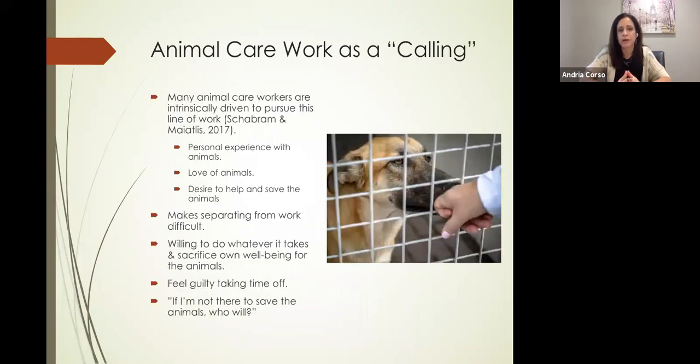So, animal care work as a calling. Many animal care workers feel very called to do their work. You might agree with this. I know I do. A calling is just a strong inner pull, an intrinsic motivation to do the work you're doing. And for animal care workers, it's personal experience with animals, love of animals, and a desire to help